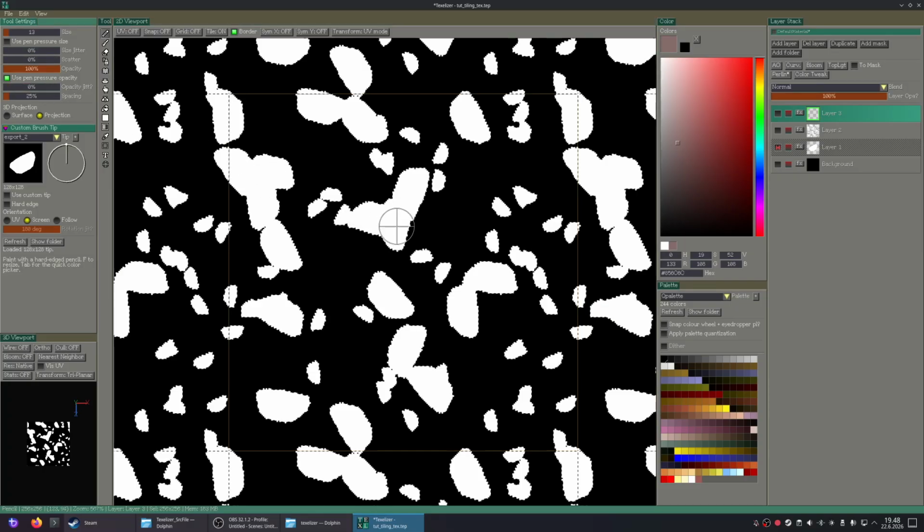Now I want to enable pen pressure opacity, and then just start painting these. And this is a bit too red to be a rock, so I'll do something like this instead, which is more bluish.